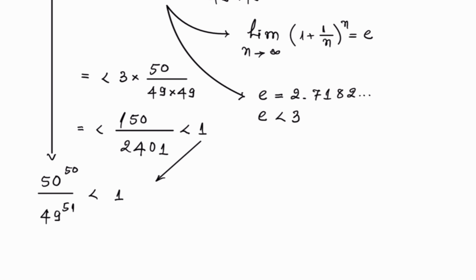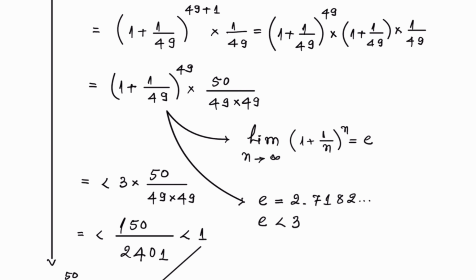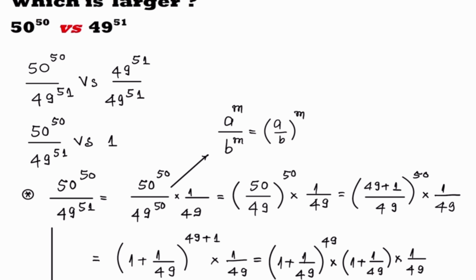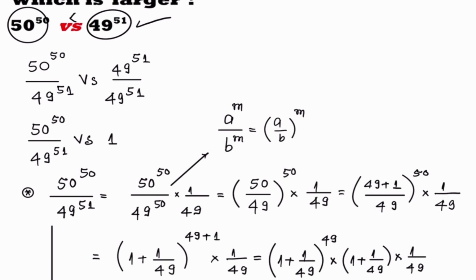Now we have found that this number here is less than 1. That means 50 to the power of 50 is less than 49 raised to the power of 51. So the question is which is larger? 49 raised to the power of 51 is larger. Now we have already solved this question